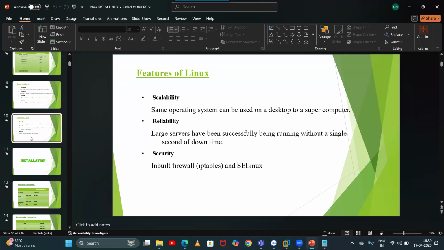All of a sudden, if you want to configure FTP, DNS, DHCP servers, your operating system will not support it. Then what to do? We purchase a server license key and install a server operating system. But on a client machine, you cannot use it as a server. That is in Windows. Now coming to Linux, here we have only one operating system.